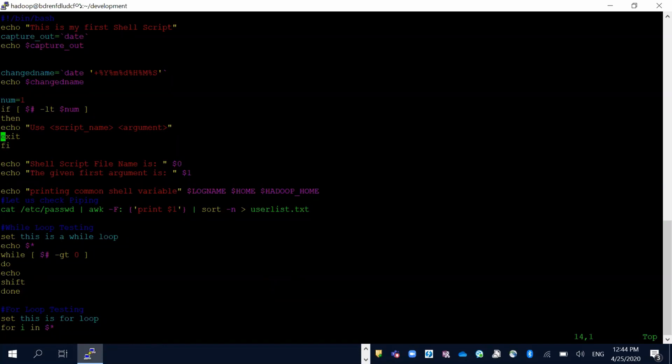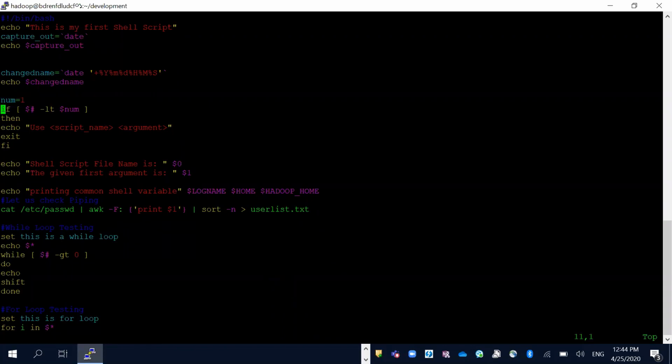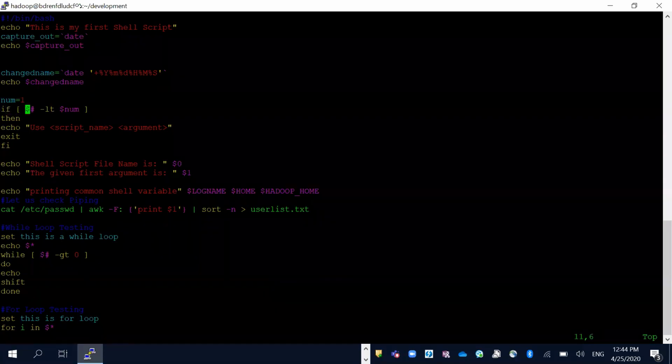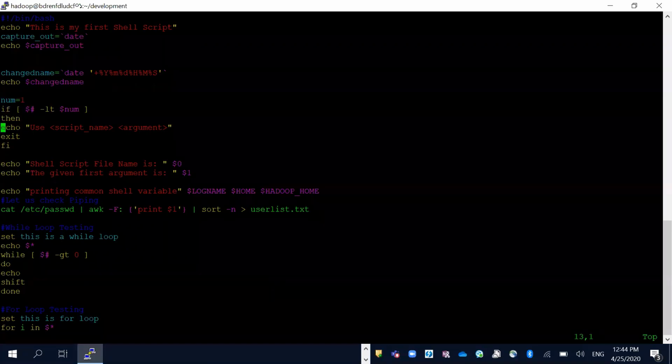So let's say this script is saying if my number of arguments is not at least more than 1, it should be at least 2 or more, then I will exit from this and start the other execution. Otherwise, I will print how to execute this script, and I am exiting from here, right? So let's say okay,